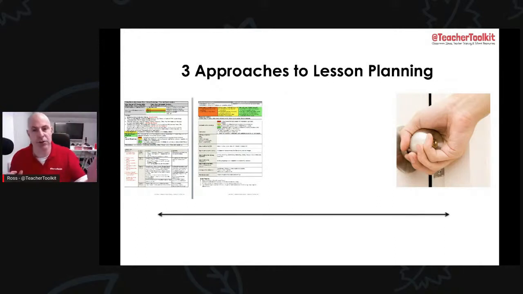But I guess that extreme on the left and the extreme on the right, they're not sustainable. You cannot continue to produce this detail on the left-hand side for one-off lesson plans on a day-to-day basis. It's just not possible. On the right-hand side, it's not fair for your students, or it's not good for your mental health, because let's face it, if you go in without a plan and you have 30 students or maybe more in front of you, it's going to put you under quite a lot of anxiety to think on your feet.